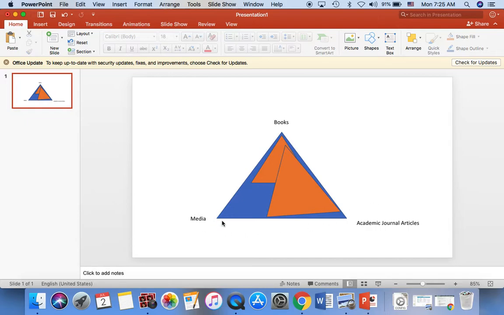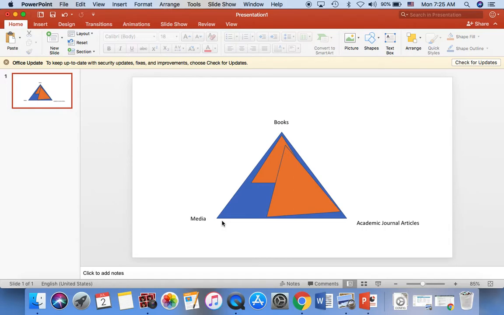So the next part of that triad then is media. Media can be newspapers, it can be television, it can be magazines, especially quarterly or monthly magazines. Media can be any number of things where you get information. The Daily Show is media. Last Week Tonight is media. Right? So these are all places where you can get information.